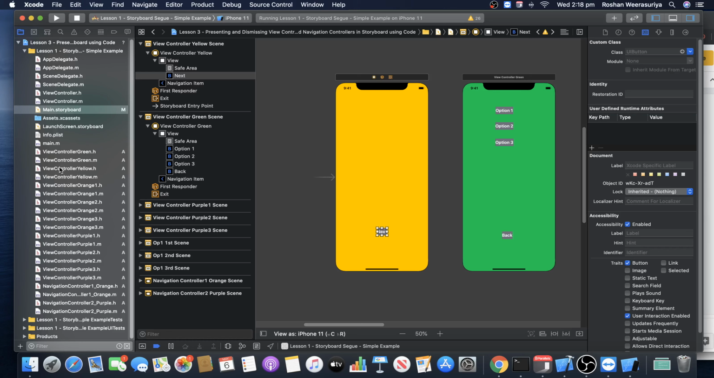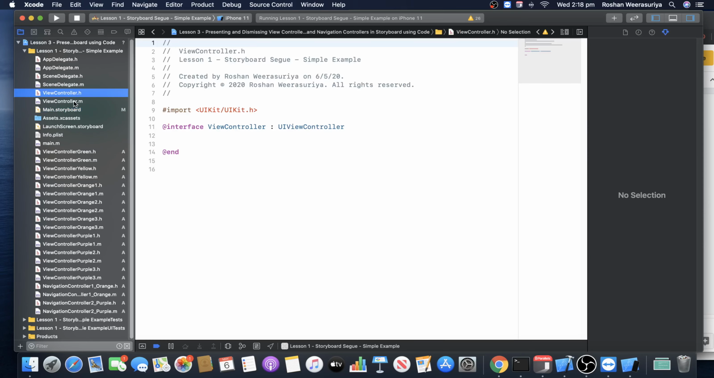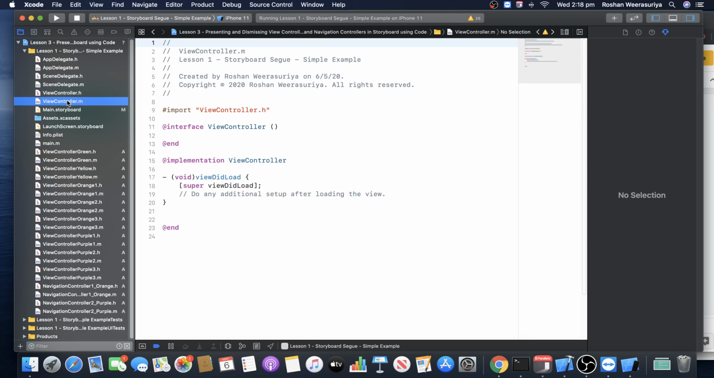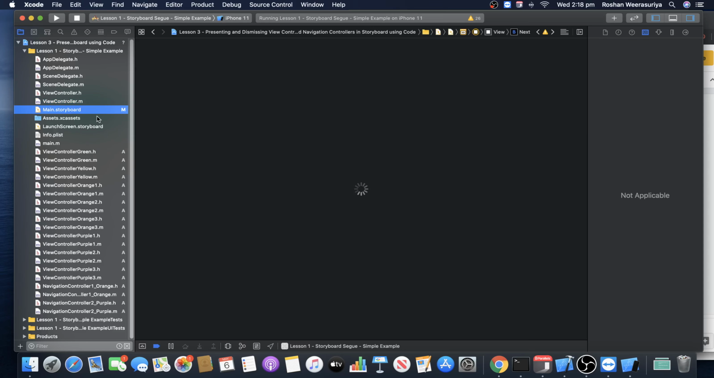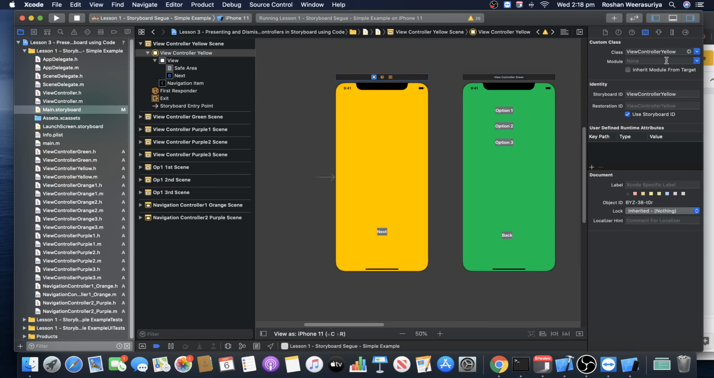One thing, now I don't want the original view controller .h and .m files. I can delete them, but let me first create the project, run and do everything, and delete them at the end. Because I have changed that into yellow, meaning I'm not referring to that. I'm referring to the view controller yellow. So how do I write code for the next button? First of all,